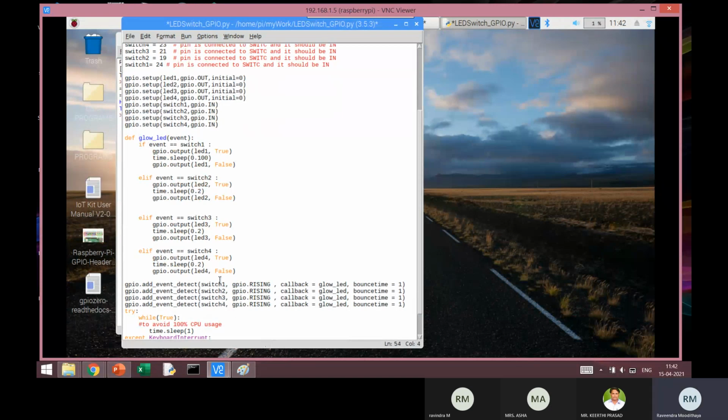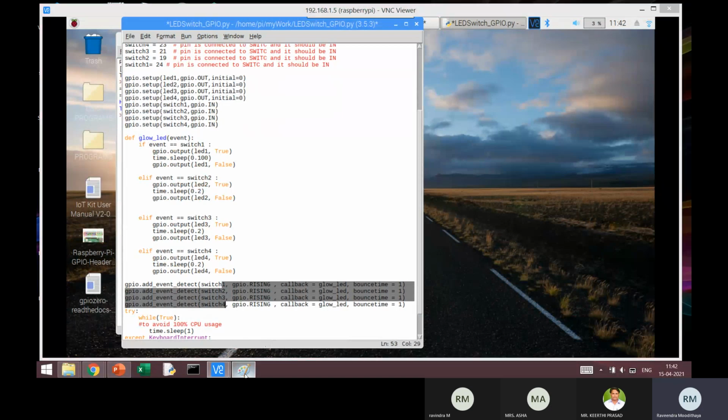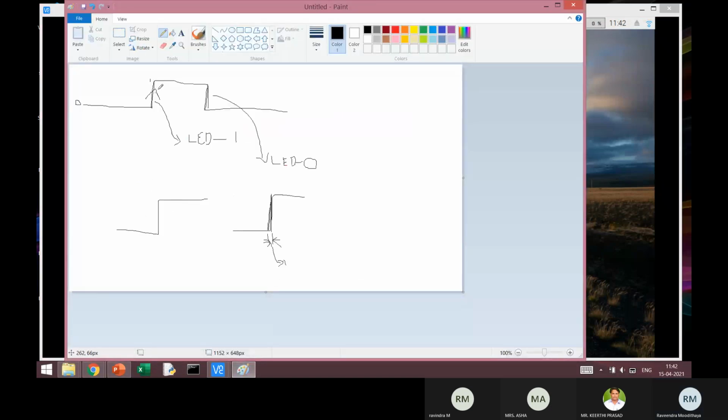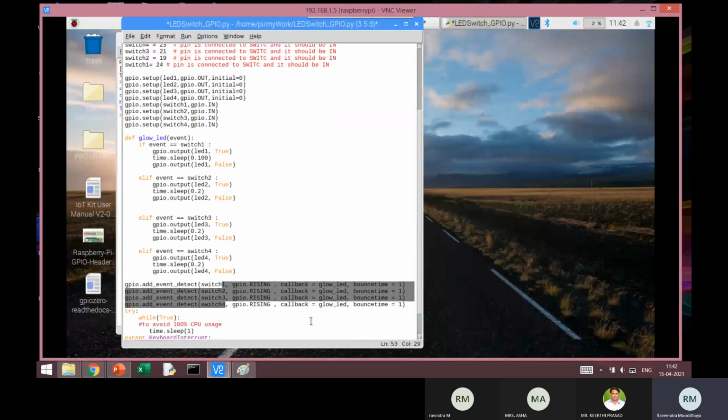So easily you can say that you are adding 4 events to these switches, so that the rising edges on all the 4 switches can be detected, and upon detecting the rising edge, this function is to be executed. Remember, it is the same function in all the cases.